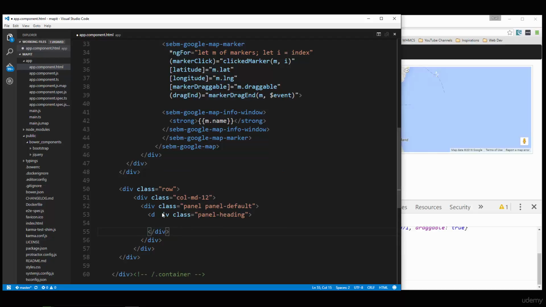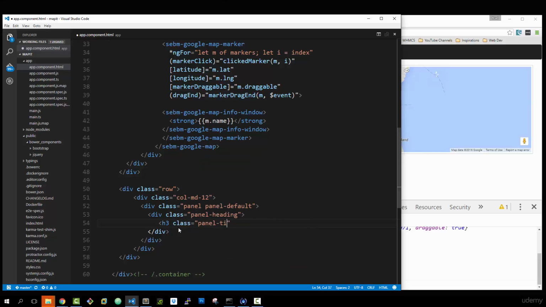Let's fix that. Okay, and then in the heading we're going to have an H3. We're going to say H3 and give this a class of panel-title. We'll say add new marker,